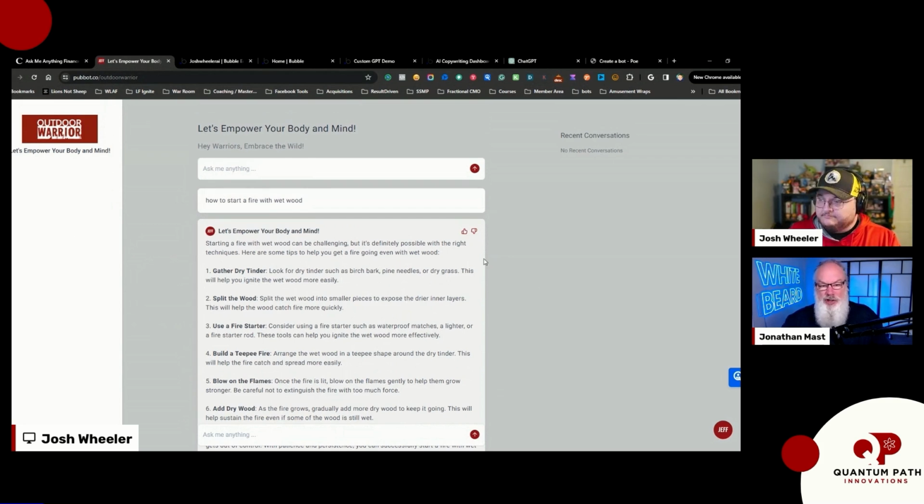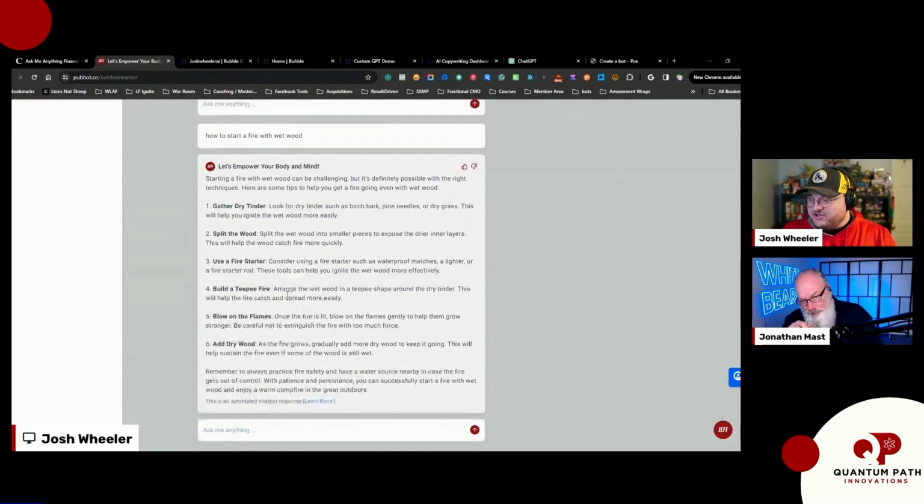You've got another one to show us here, Josh. Tell us a little bit about this. So if you see, this looks very similar, a wrapper. This one specifically talks about, if you're an outdoors guy and you're looking through things, how you would start a fire with wet wood, right? Because it's trained on survivalist type things. So this is based on